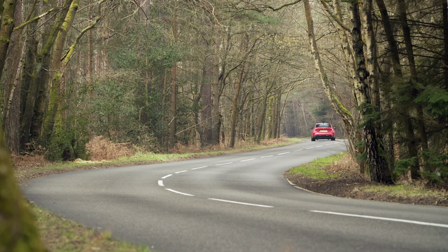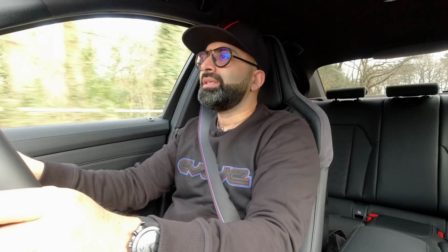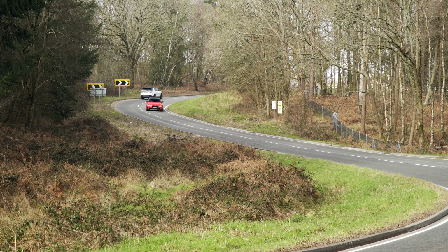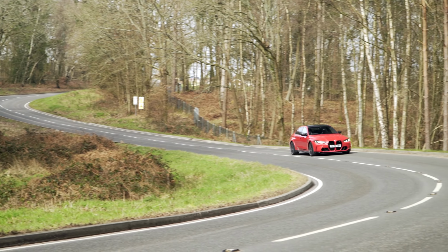I have seen a few with Pirellis, but I won't be happy if I get a set of Pirellis on my car, so I'll be looking to swap those out ASAP. But so far so good. Pretty impressed with it, to be fair, but you really need to drive the car a little bit more. You'll get much more detailed impressions when we get our car and I can spend some time with it on familiar roads, but initially, yeah,